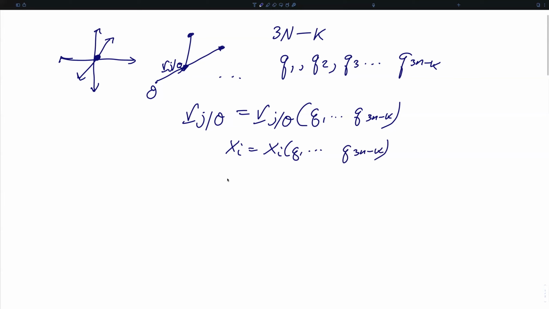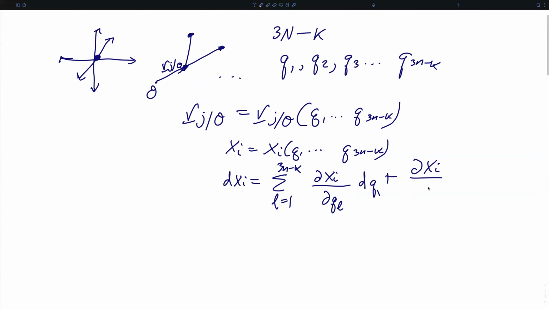And so if we think about the total differential dx_i, well, that's going to be the summation from some dummy variable that we'll call l, 1 to 3n minus k, of the partial of the x_i coordinate with respect to each of our generalized coordinates, q_l, times the total derivative dq_l, plus, of course, the partial of the ith coordinate in time